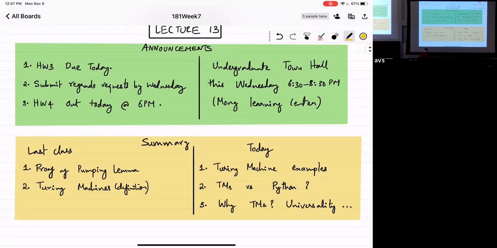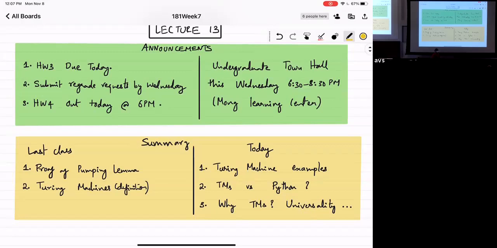Okay, so last class we talked about the pumping lemma, which we used to show limitations of regular languages, right? And then we defined this new concept, Turing machines, which were basically a simple twist on top of what DFAs were, right? We said, okay, let's allow ourselves memory, which is a long infinite tape where we can read as well as write.